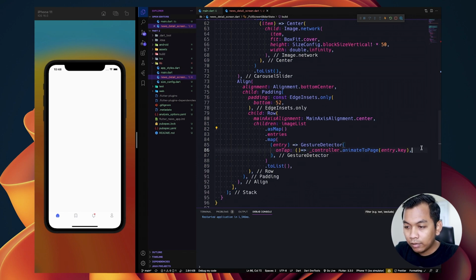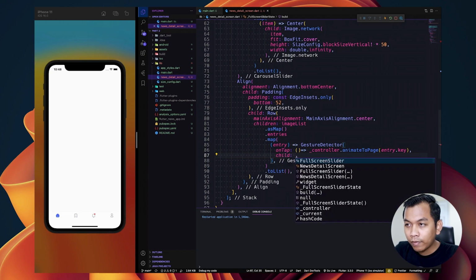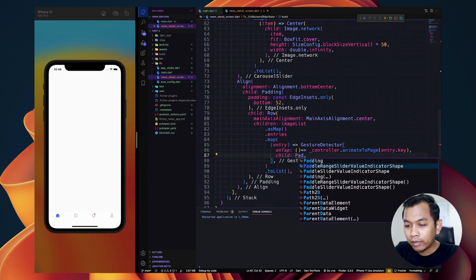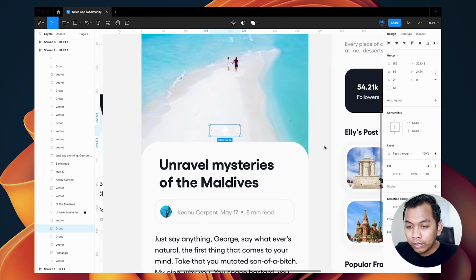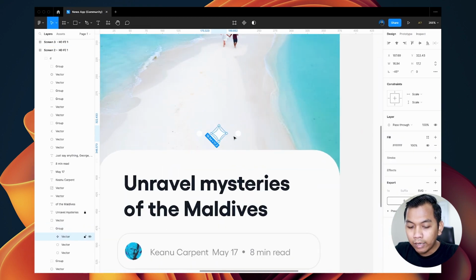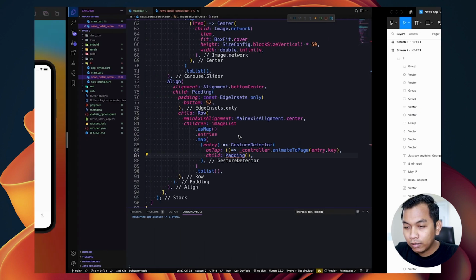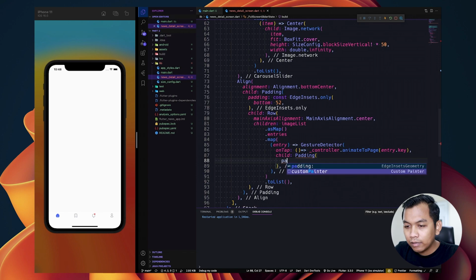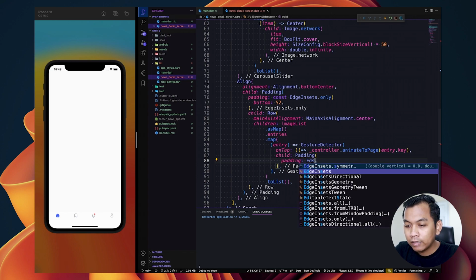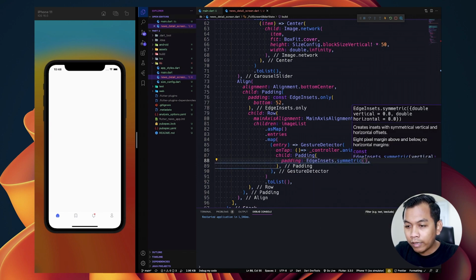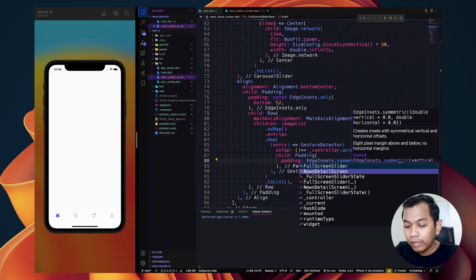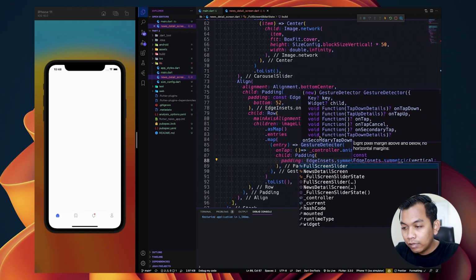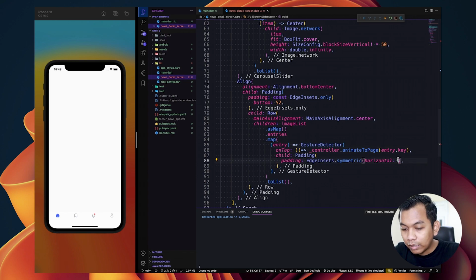And the gesture detector also has a child, and for the child, let's add padding, because here we will have a little space between indicators, so let's give padding as symmetric, and for the padding, let's say horizontal, just 6.